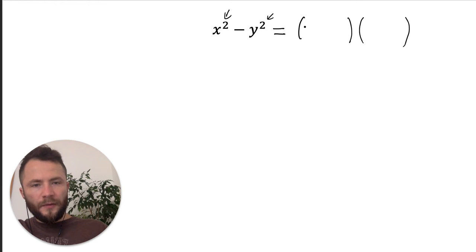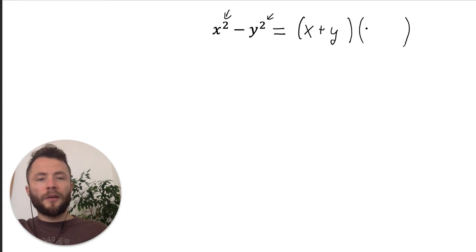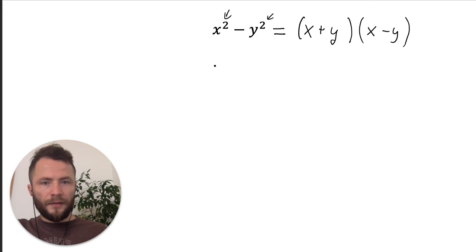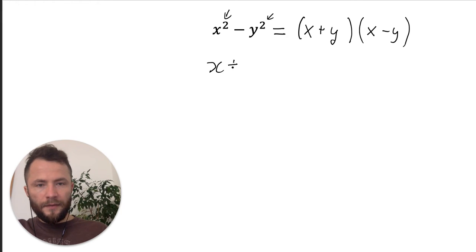and in the first bracket we have a sum of the two terms without the square. In the second bracket we have a difference, x minus y. And that actually works out. If you want to check, we have x plus y